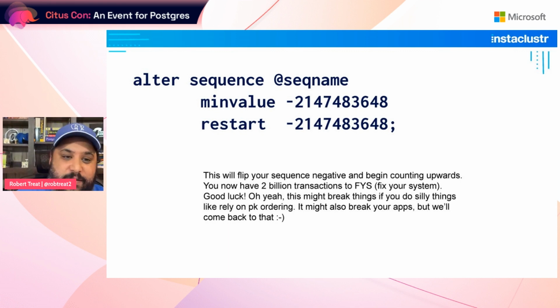And I say this is super cheap, right? This is a quick metadata update, and then you're back in business. Hopefully. Be careful if you're doing, I would say, kind of odd things, like if you rely on the order of the primary key value to actually be in time order. So you judge, well, this is a later one than that one because the number is larger. Humans can probably figure this out, but in code, you've got to go back and adjust for that, because now your negative numbers are going to be the new ones, right? And it will just start climbing up towards zero. So keep an eye on that. This could also cause some issues for your apps, but again, we'll cover that in a few minutes.